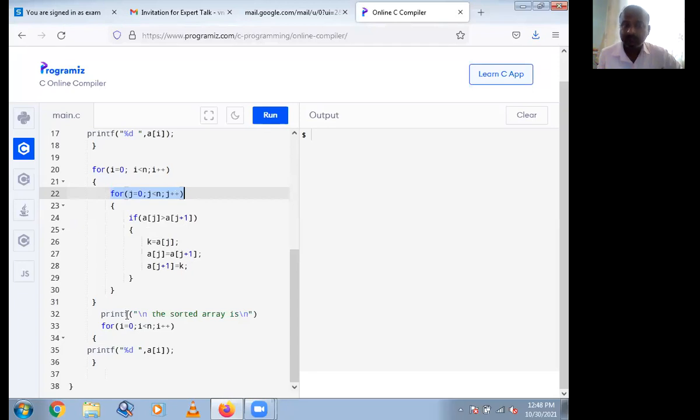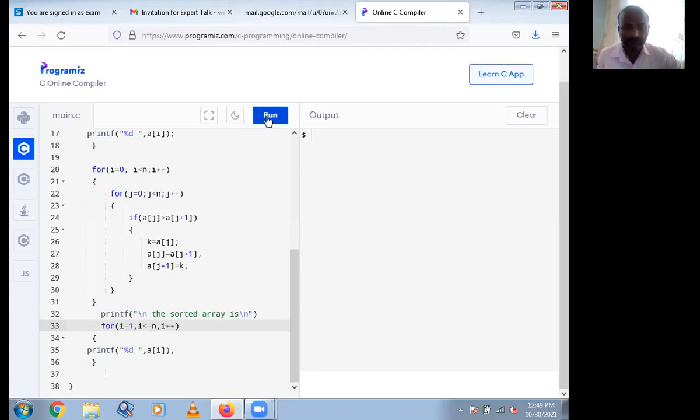Then display the sorted array. So for i equal to 0, i less than n, i plus plus, printf percentage d a of i.